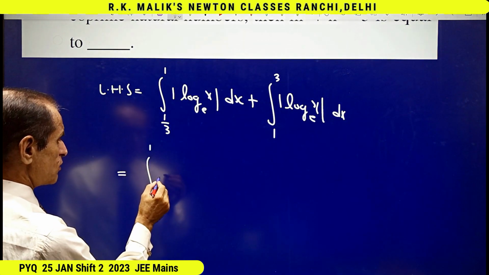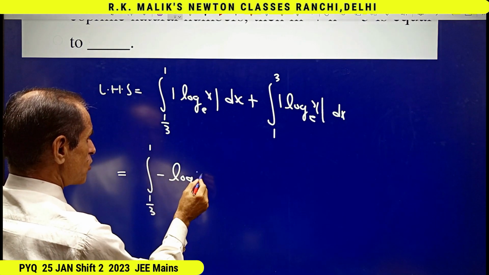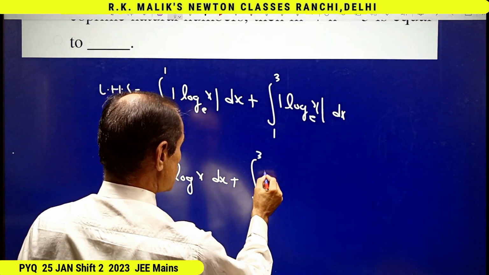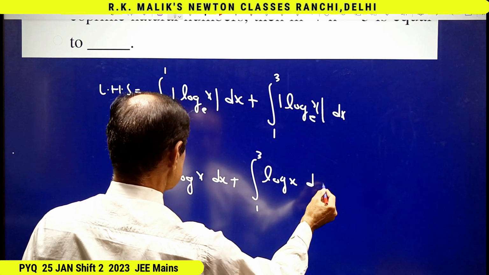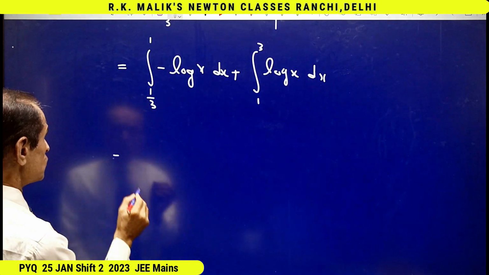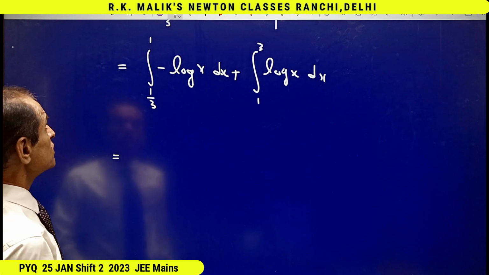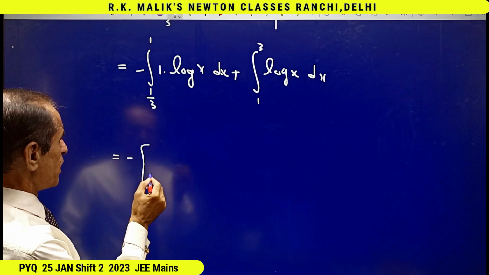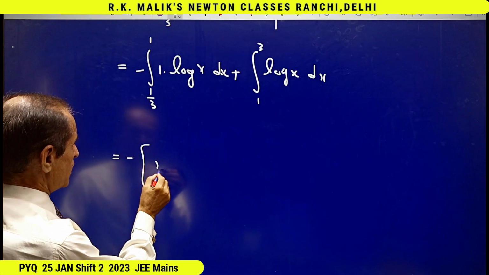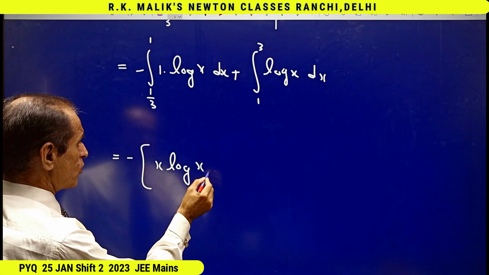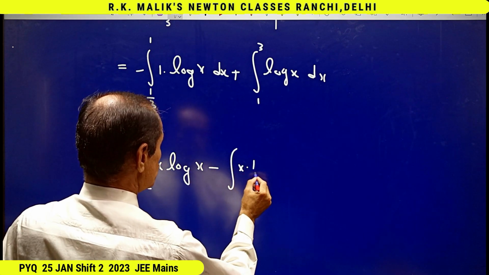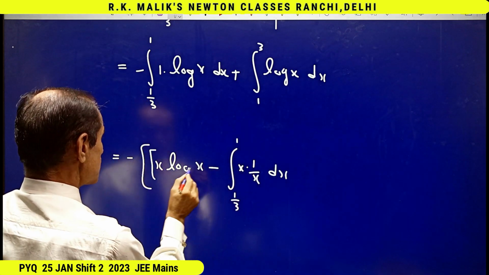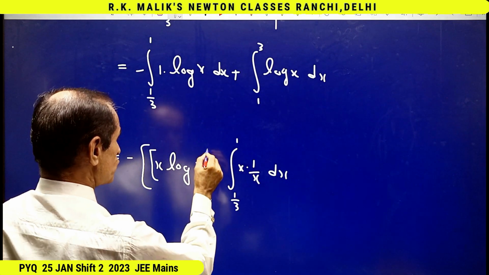integral from 1 by 3 to 1 of minus log x dx plus integral from 1 to 3 of log x dx. This is equal to, as this minus can go outside, now writing it as 1 into this and using by parts, I get x log x minus x into 1 by x, from 1 by 3 to 1, dx, and here also 1 by 3 to 1,